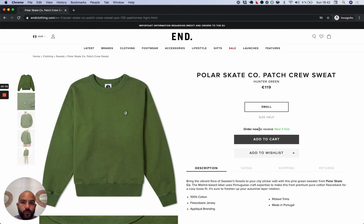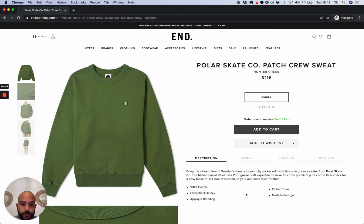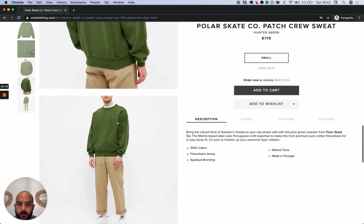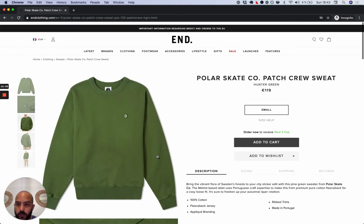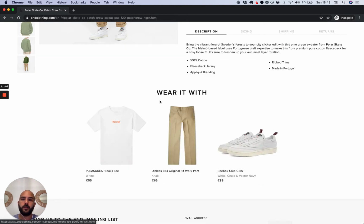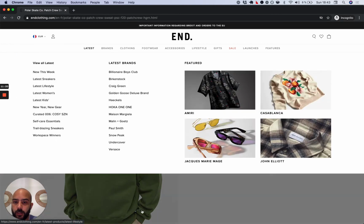So I know right away when I'm going to be able to receive the items and then have access to the shipping delay. I can create a wish list if I do have an account. I'm going to hit the add to cart later, but actually the images are scrolling this way, and we keep the description area in the same place. And if I'm not mistaken, that's great. Actually, what the guy is wearing in the picture are the items featured in the wear with it section. So that's super interesting, because if I'm browsing before,